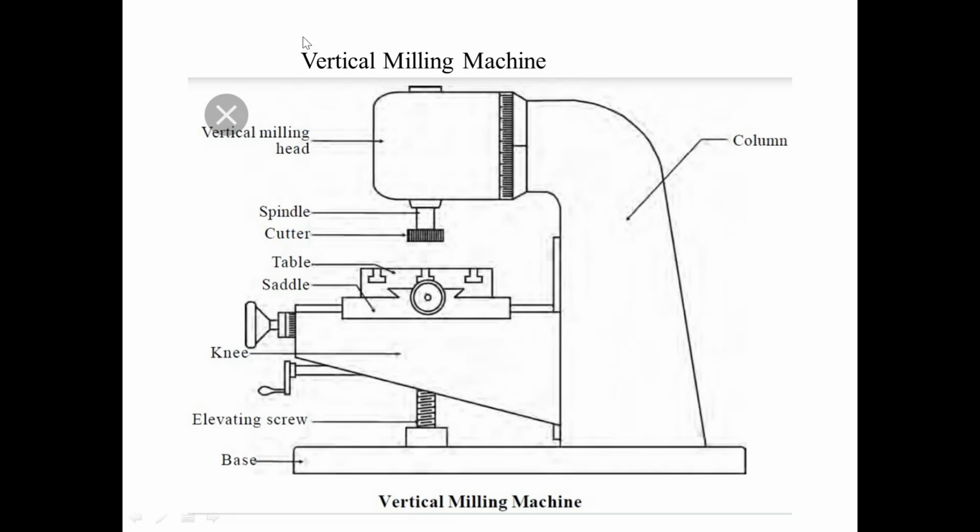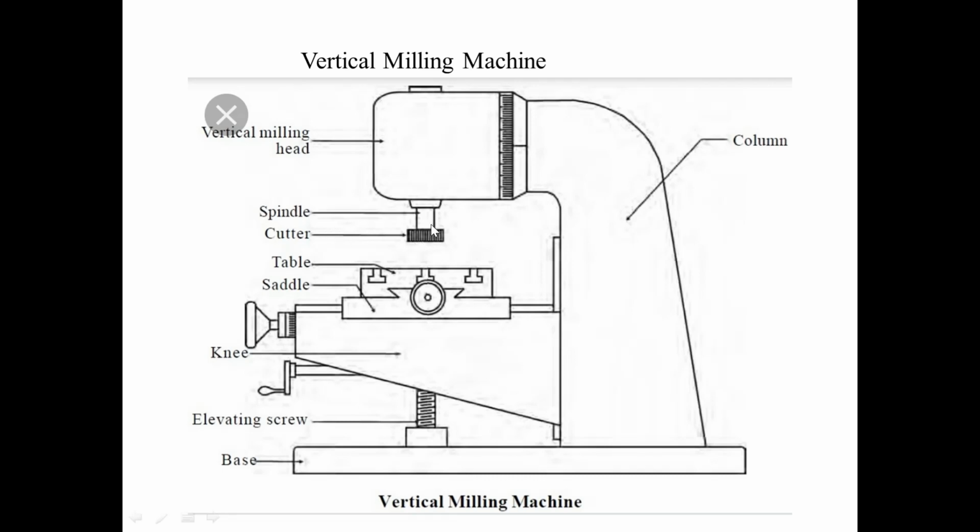A vertical milling machine is quite different from the horizontal milling machine, as I have already explained; the name itself indicates the type of milling machine. So the cutter is vertical here. You need to know the difference between vertical and horizontal. The cutter is placed in a vertical direction, so that it is a vertical milling machine. So we have a vertical milling head. This milling head is responsible for moving this spindle or this cutter. We can fix the motor in the vertical milling head, so that it is responsible for moving this cutter.